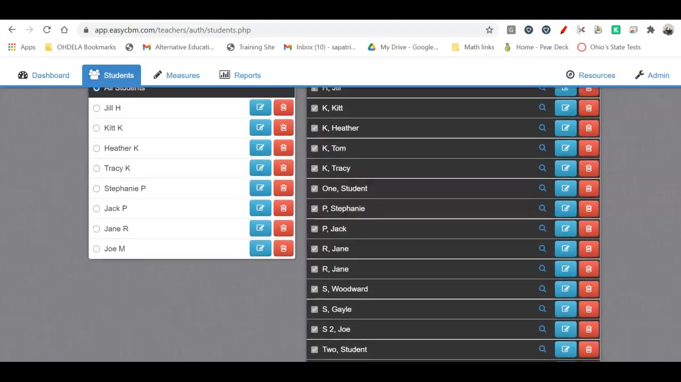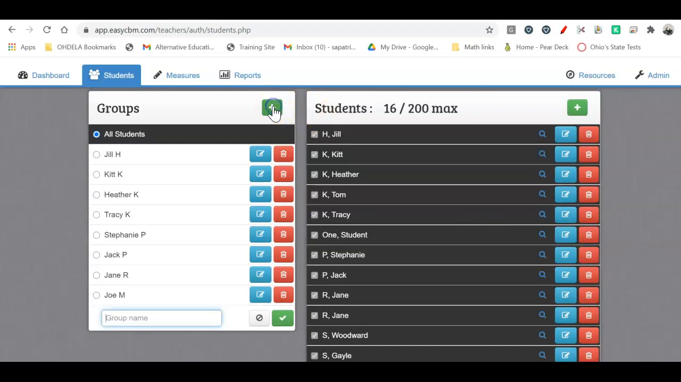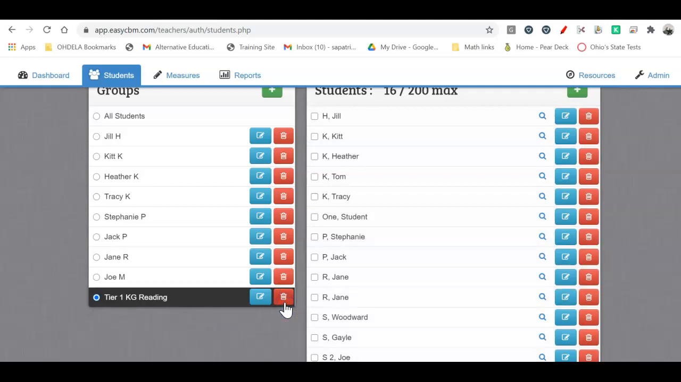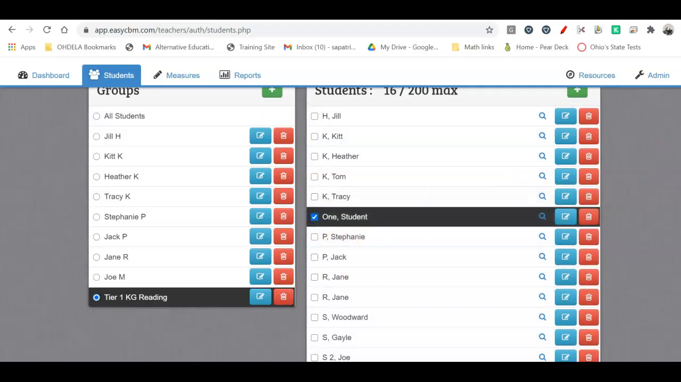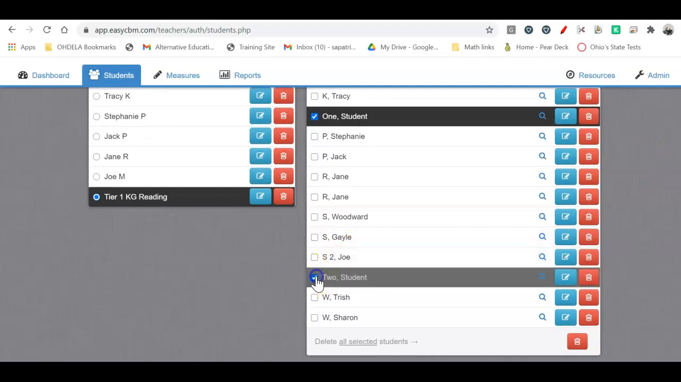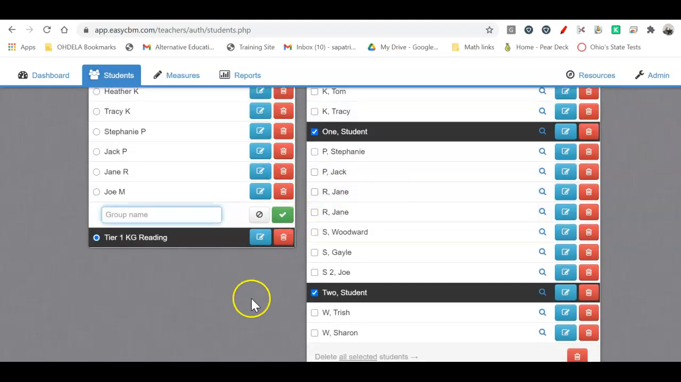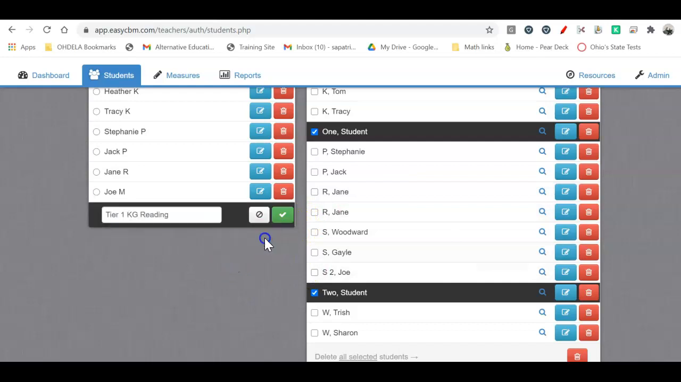Okay, and then we could put them in groups. To add a group, in case you wanted to do groups, which you probably won't need to, I'm going to have a group name, and I'm just going to call it Tier 1. Okay, now I can add my first student and my second student to those groups. All right, so now if we go and open our Tier 1 reading group,